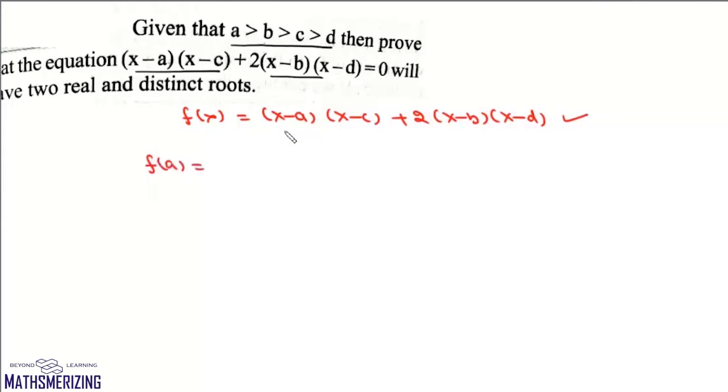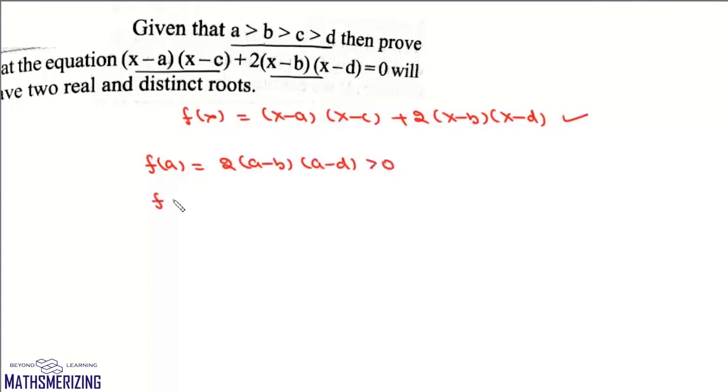Now what we'll do is, we'll assume a function f(x), which is (x − A)(x − C) + 2(x − B)(x − D). Now since it is a polynomial function, it is a continuous function. Now if we find f(A), now A − A is 0, so it will be 2(A − B)(A − D). Now since A is greater than B and A is greater than D, f(A) is greater than